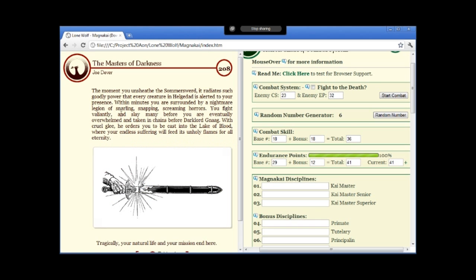Let's do it. The moment you unsheath the Summer Sword, it radiates such a godly power that every creature in Helgedad is alerted to your presence within minutes. You are surrounded by...